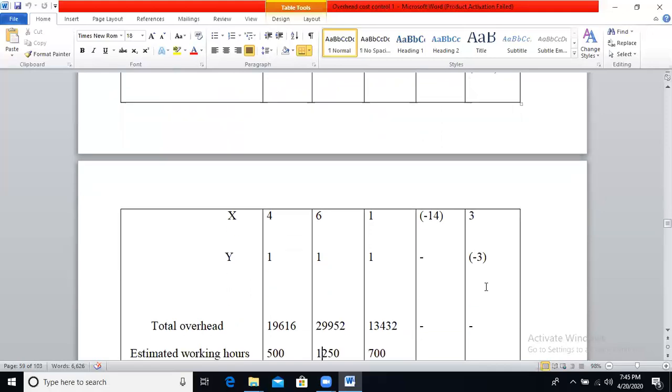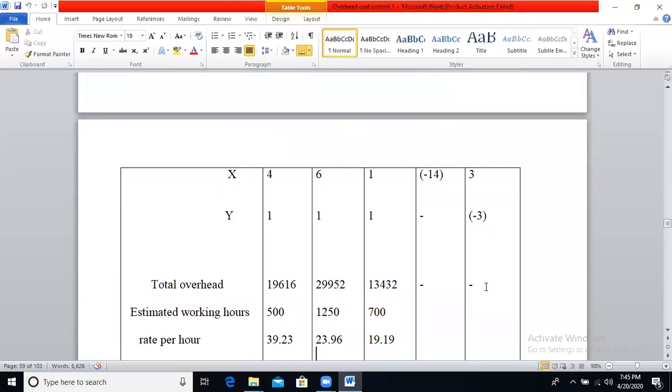Now the value you have got is a single digit. If you get a single-digit value, reapportion that only to the production departments and stop there. Now the value will be 3, and this should be reapportioned to the production departments at 20%, 20%, 50%. So 3 into 20%, you will get 0.6, consider it as 1. And for department B, 3 into 20%, you will get 0.6, consider it as 1. So if you add these two, you will get 2. 3 minus 2, the remaining value should be reapportioned to department C.